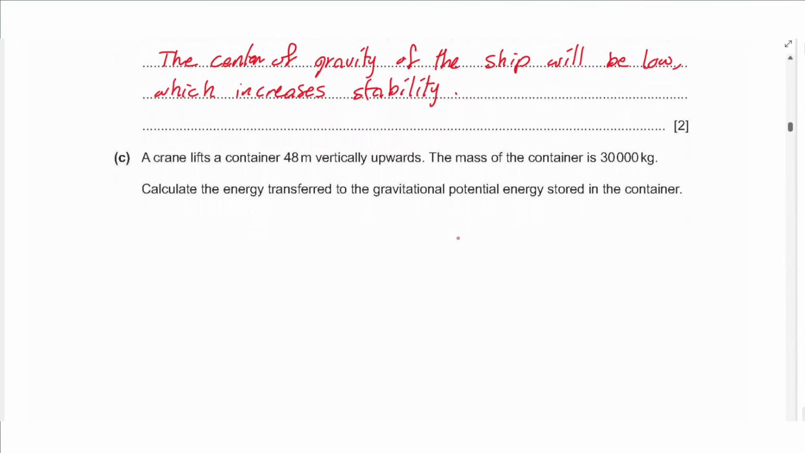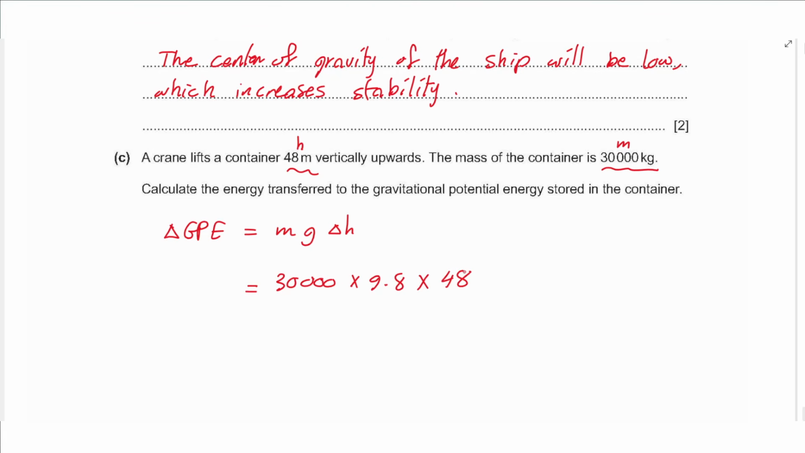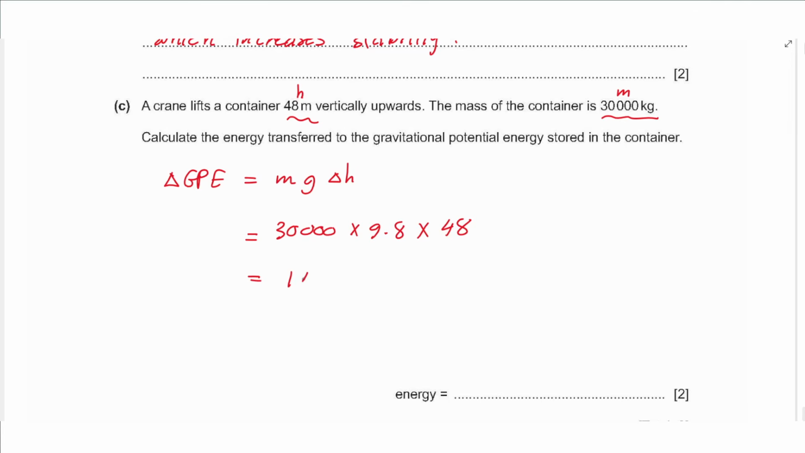Question C says a crane lifts a container 48 meters vertically upwards at height. The mass of the container is 30,000 kilograms. Calculate the energy transferred to the gravitational potential energy stored in the container. So the rule is the change in gravitational potential energy equals mg delta h. M is 30,000, g is 9.8, you should memorize that, and h is 48 meters. Always check that the mass is in kilograms and the height is in meters. This gives us